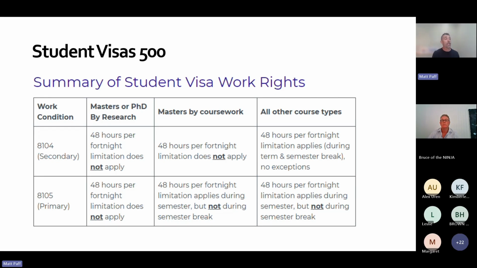A primary is exempt if they're doing a master's or PhD specifically by research. They are not exempt if they're only doing a master's by coursework. But secondaries are exempt if the primary is doing a master's, either by research or coursework, or a PhD. Very confusing, but vSure takes care of that if you do collect the COE and we do get the nomination of the level of the course. We will mark them as yellow restricted if they fall outside the exemptions, which are these three here.